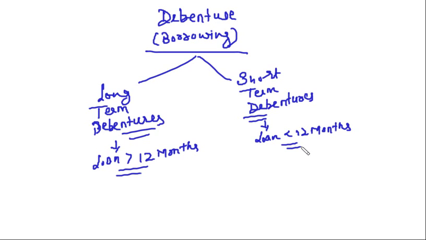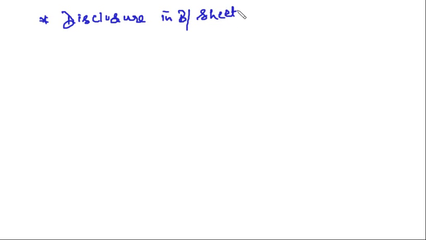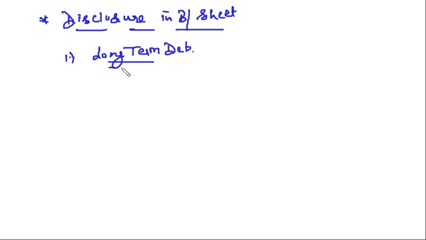Now, how do we show these long-term and short-term debentures in the balance sheet? That is disclosure in balance sheet, right? First, talking of long-term debentures. Right? Long-term debentures, if I talk of balance sheet,